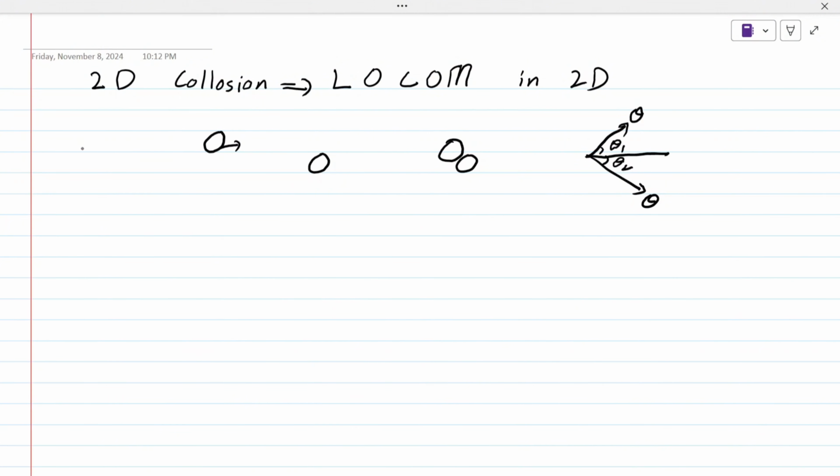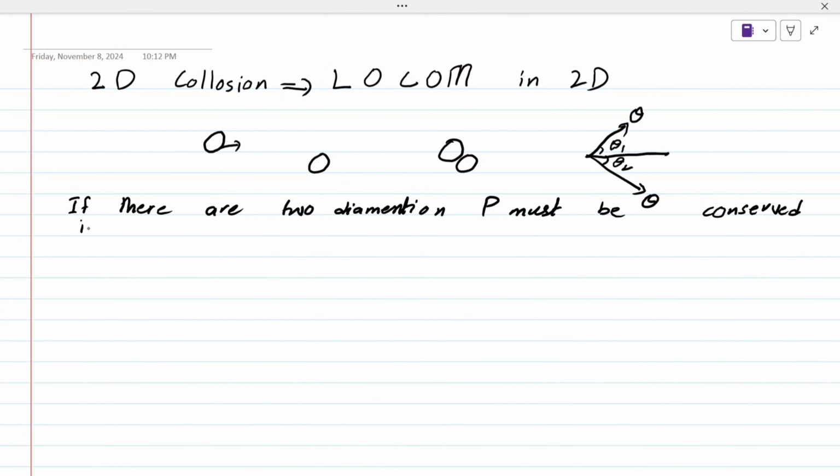If there are two dimensions, momentum must be conserved in both dimensions. What does it mean? I am saying that